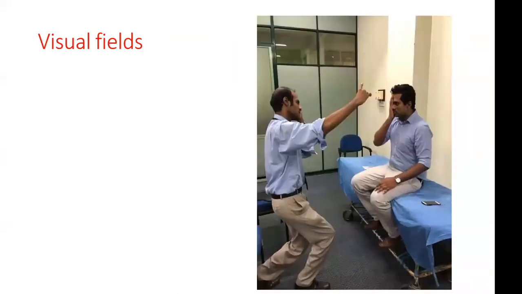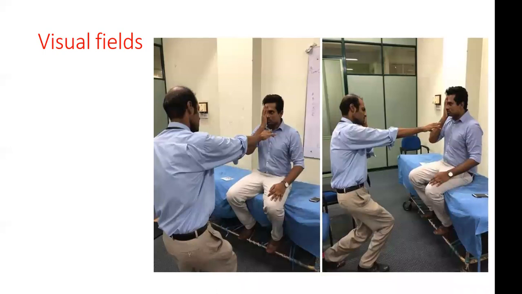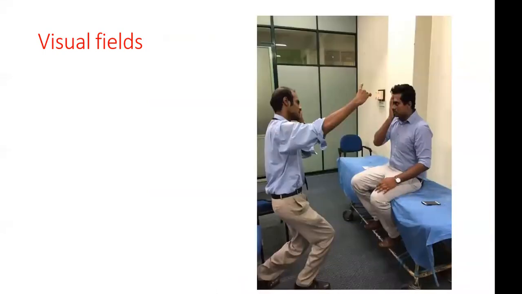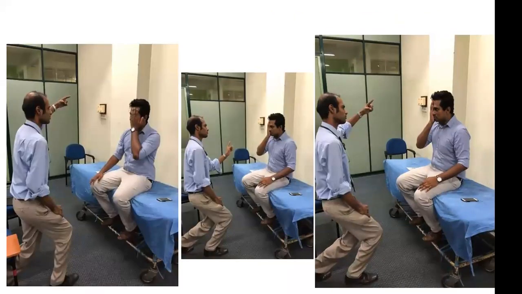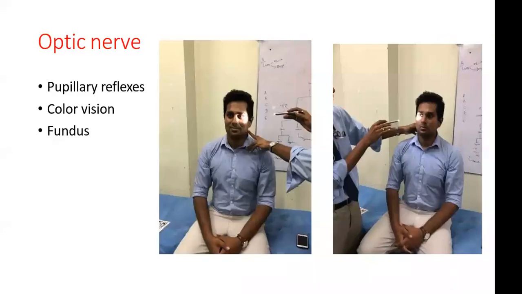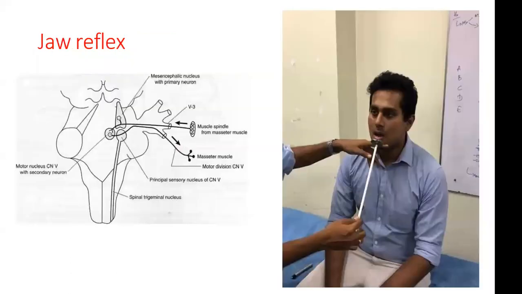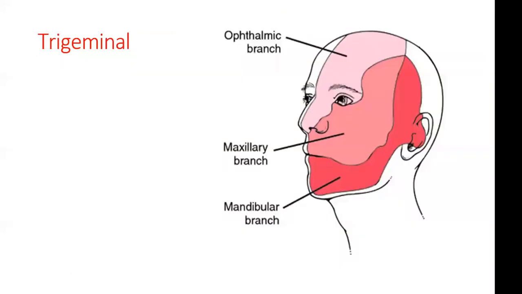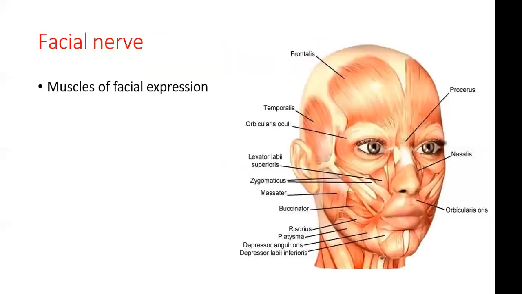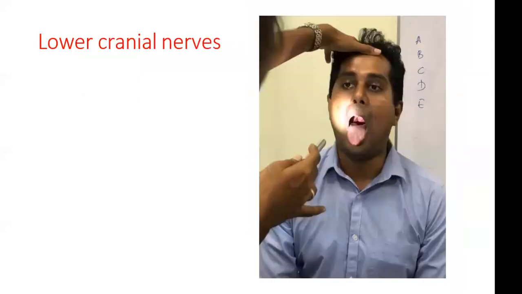Same eye level right in front of the patient's face. Bring your finger halfway between yourself and the patient. Right. Then eye movement examination. Okay. Then all the cranial nerves you need to